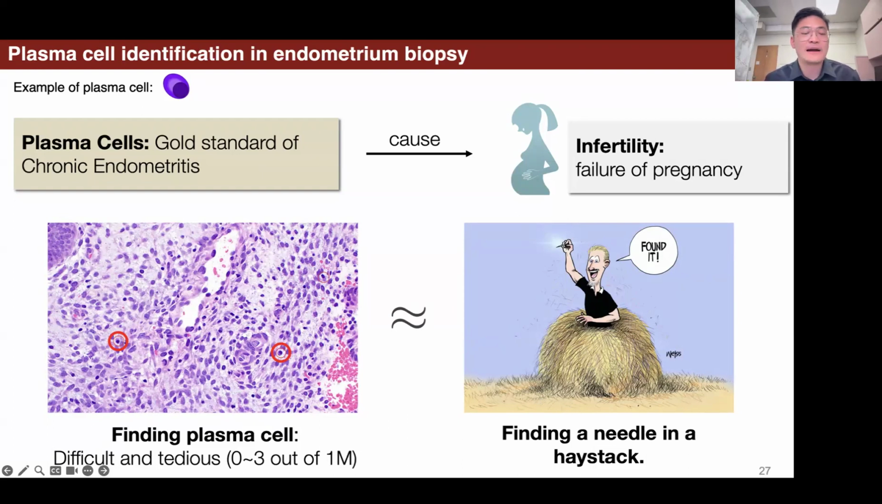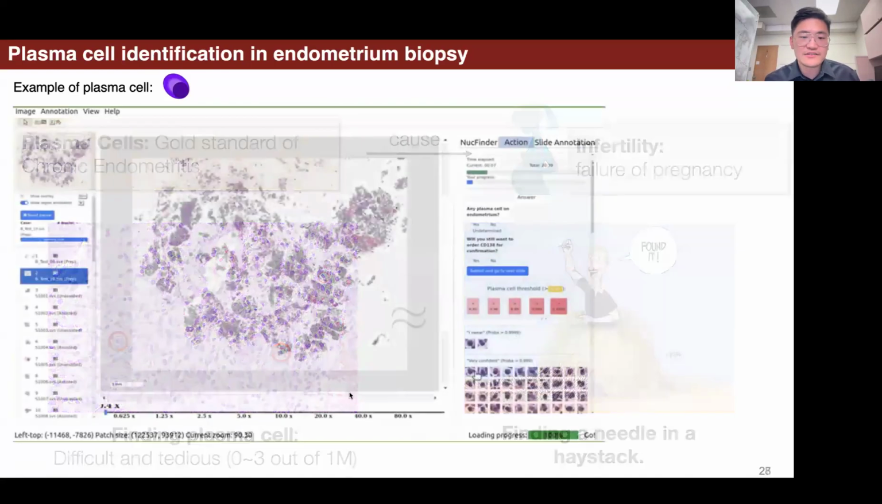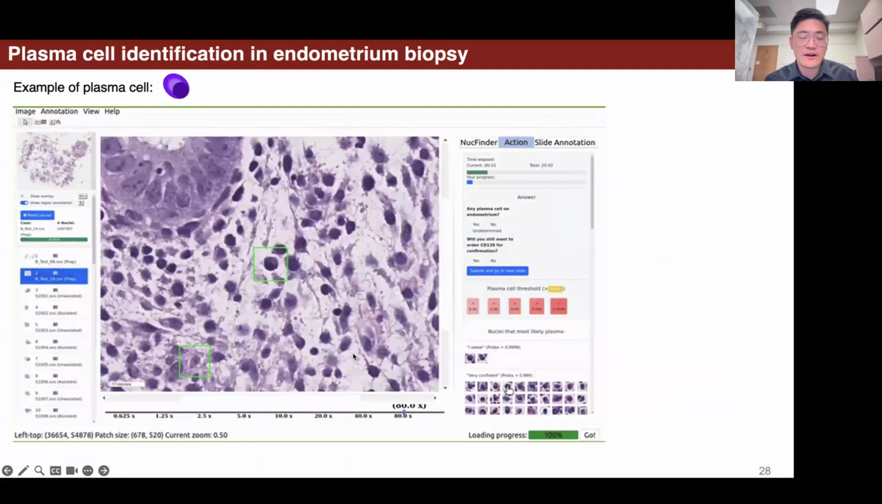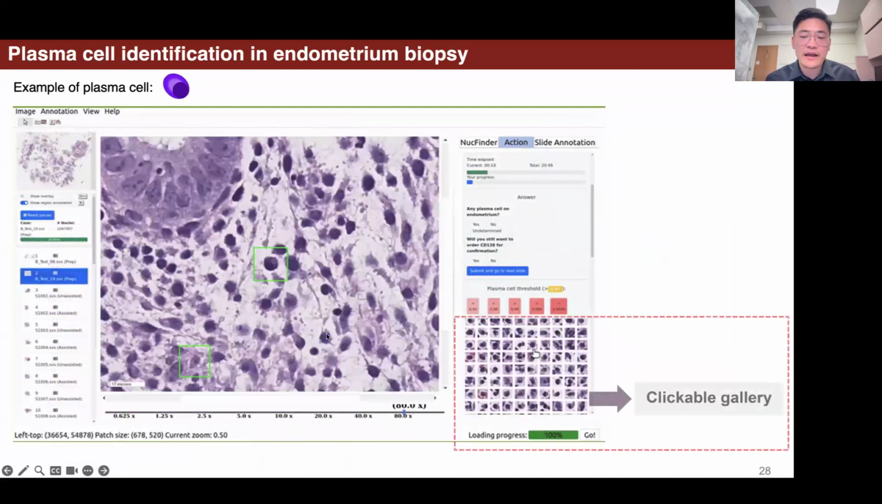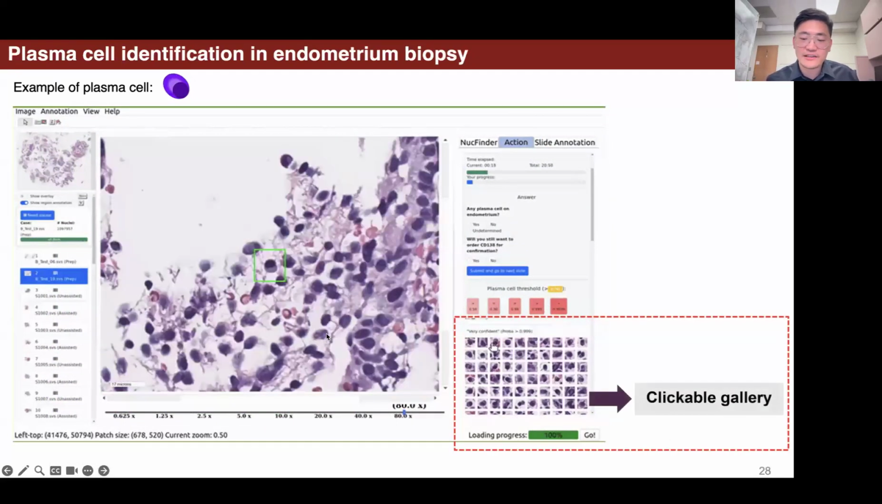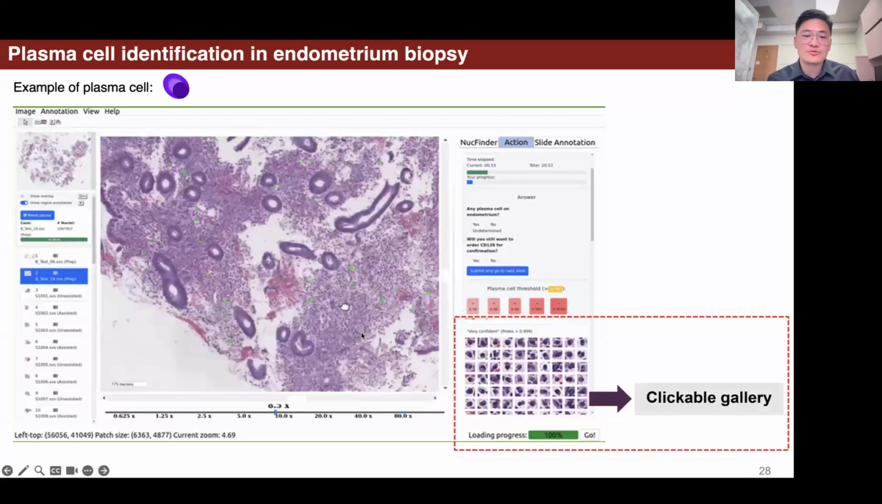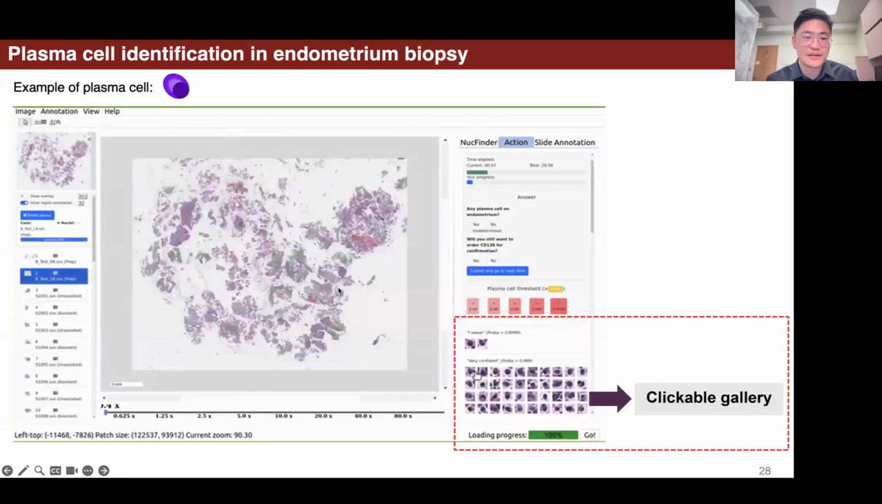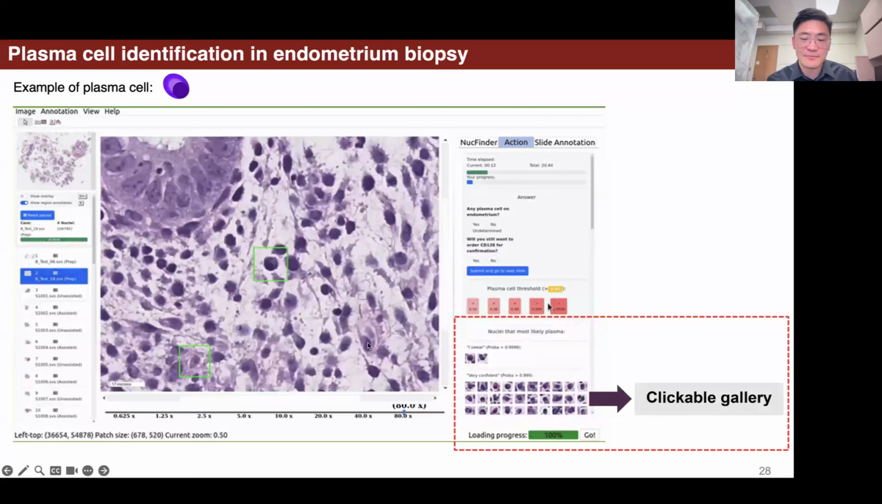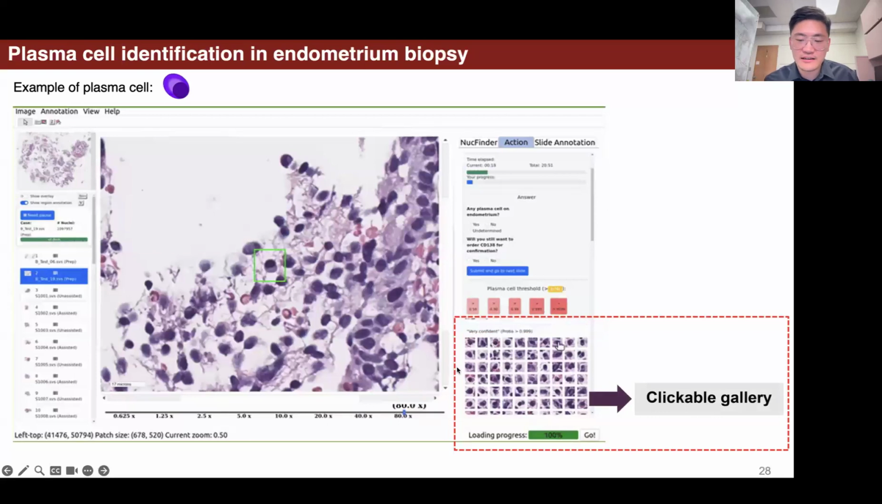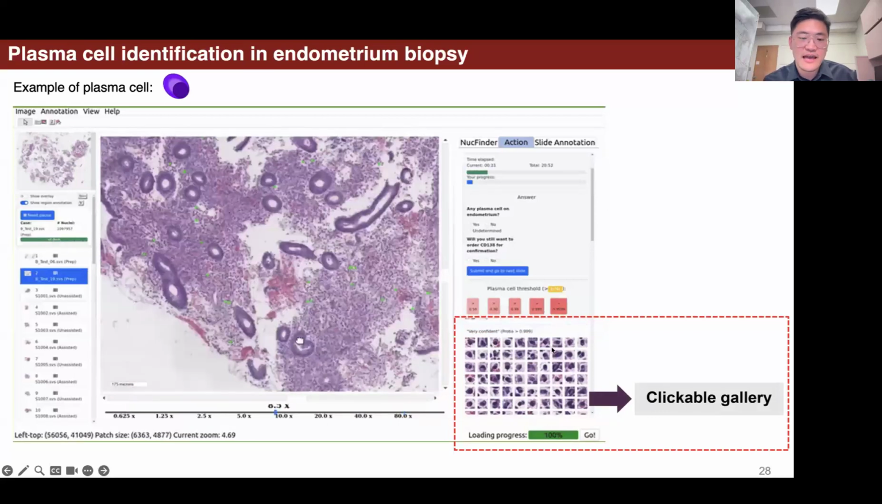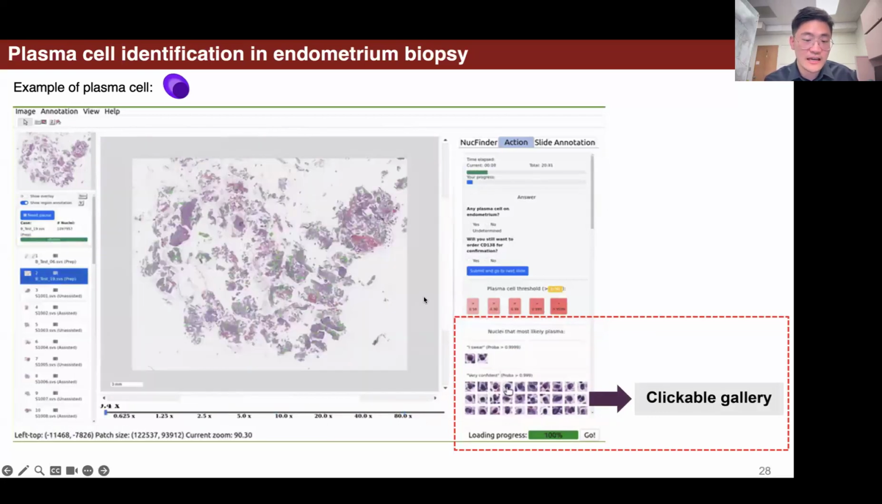Really tedious, really time consuming. And most importantly, a lot of the time clinicians may miss it, introducing false negatives. So in our graphical user interface, our AI model trained by 2 clinicians is able to suggest potential plasma cells in upcoming whole slide images, given a clickable gallery. Users can easily click on each potential plasma cell and further verify it in the whole slide image canvas,